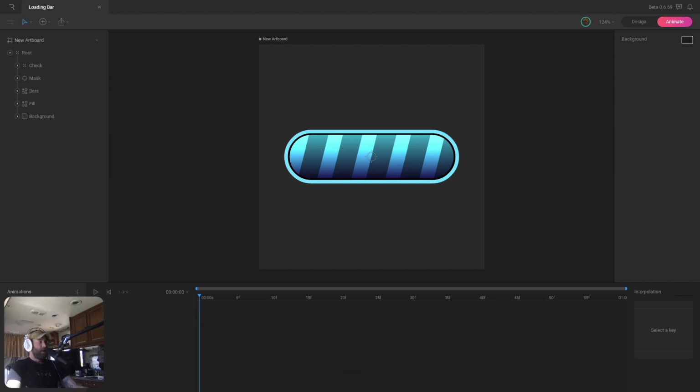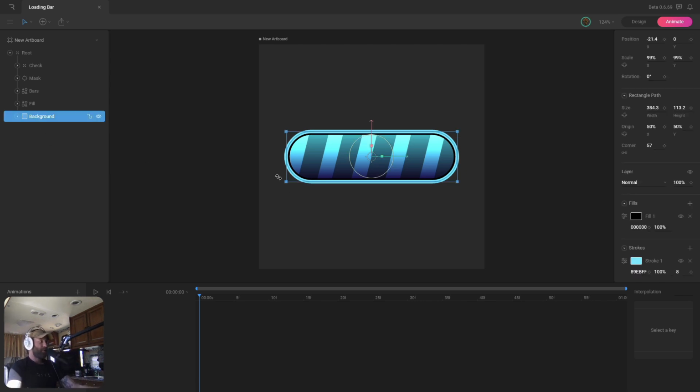Okay, so what we're going to do for the load finish animation is have that background shape stretch and then squash down into an ellipse and have the check mark animate inside of it. So let's get started with that. I'm going to grab the background shape here first. Now, instead of animating with the scale, because you can see when I change the scale, our corner radius gets a little messed up, and so it'd be almost impossible for us to create that ellipse. So instead of using scale, I'm going to use the width here.